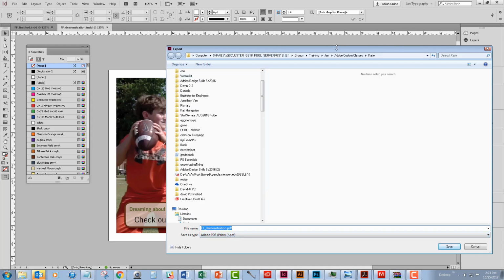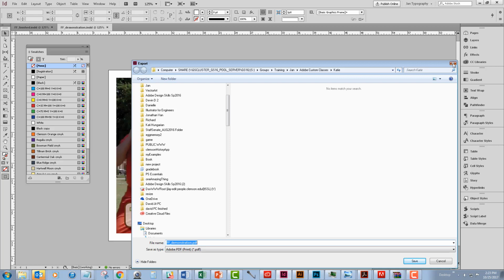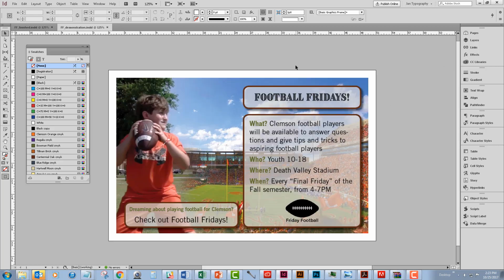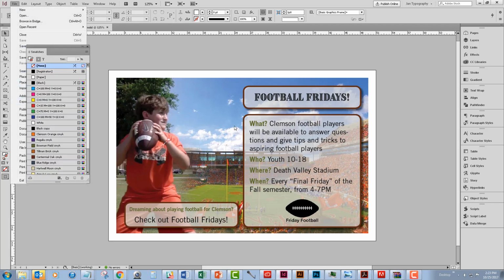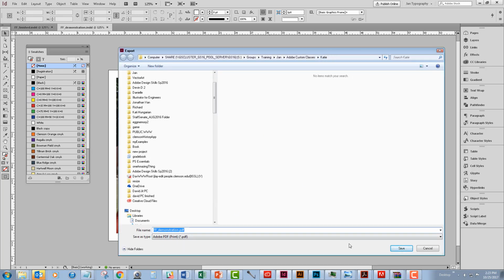What I really probably need to do is set this up back to back, so I can print 2 half pages on 1 full page and then just cut them in half. But for right now, I'm just going to export this as a PDF, because that's the way most people are going to want the output, in PDF format. So I'm going to click Save,